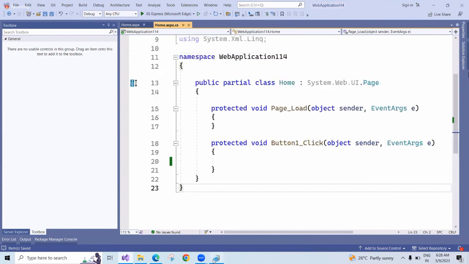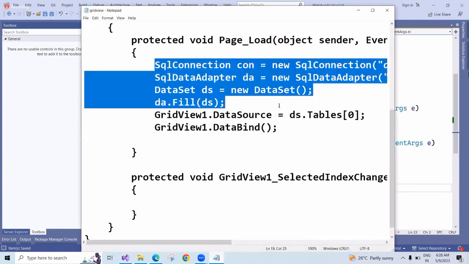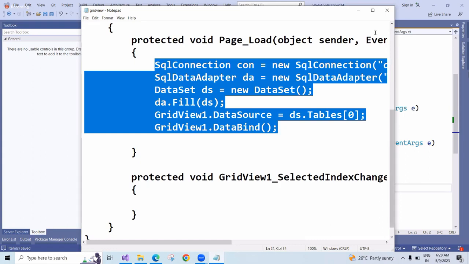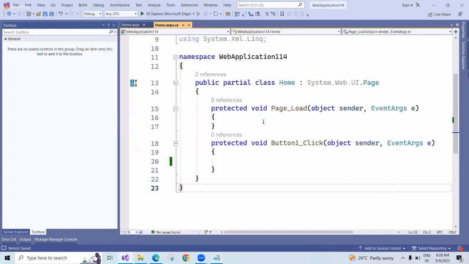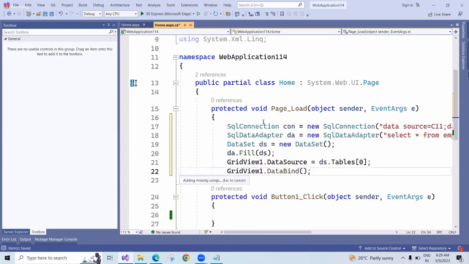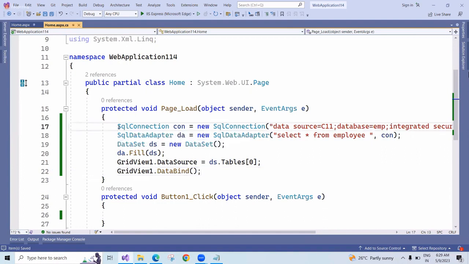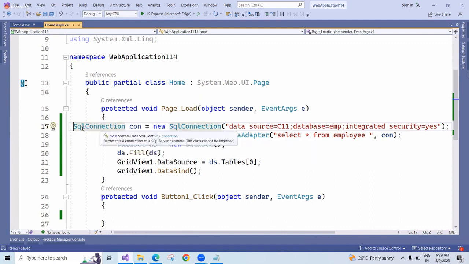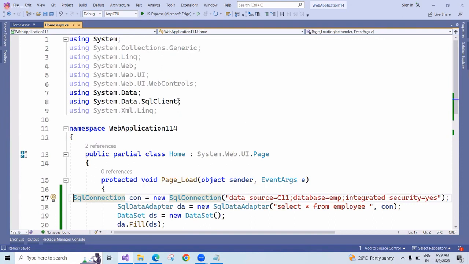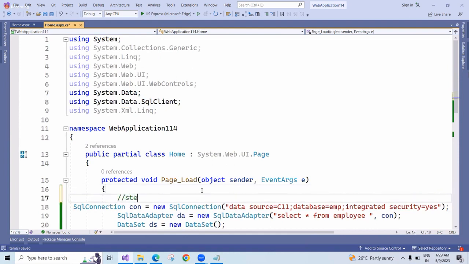Okay. So now we'll just keep some code here, and after that, I will give the explanation. So whenever page load happens, I want to see the output. So for that reason, I will show you. What is step one? Declare the namespace. So somewhere we have these two namespaces. Okay. So what is step two? Step one,